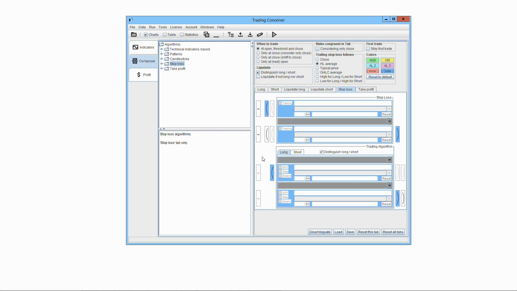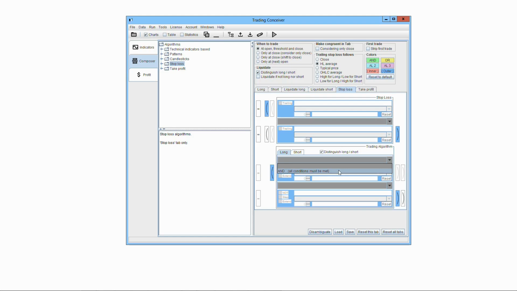It means that the stop-loss and the standard algorithms must be true simultaneously. That's why only the AND operator appears in the combo box between them, that is the second combo box from top. So you can decide to apply the stop-loss only if some other conditions are satisfied, but the stop-loss must be triggered. Such other conditions alone cannot give the stop-loss signal, that's why there is no OR operator between